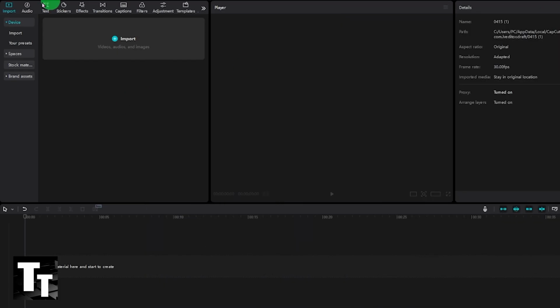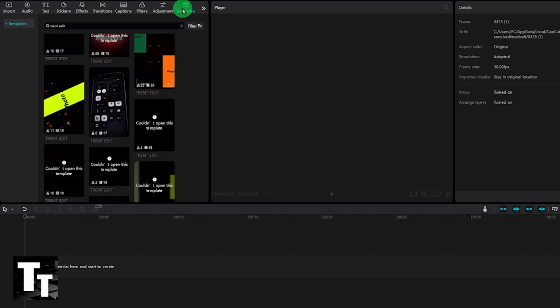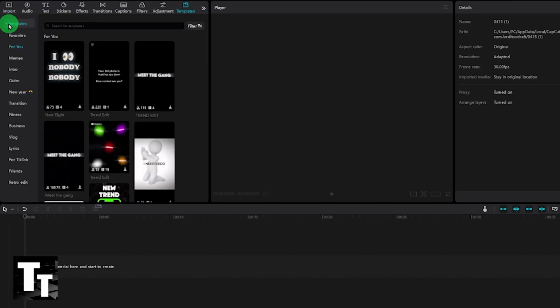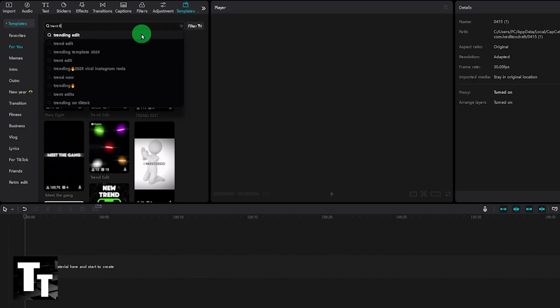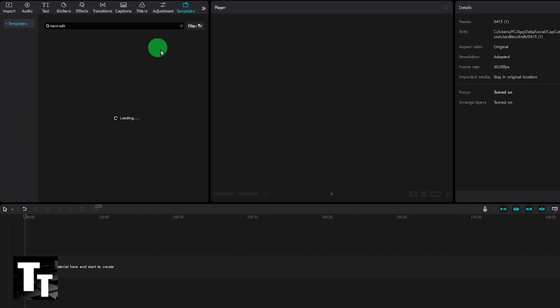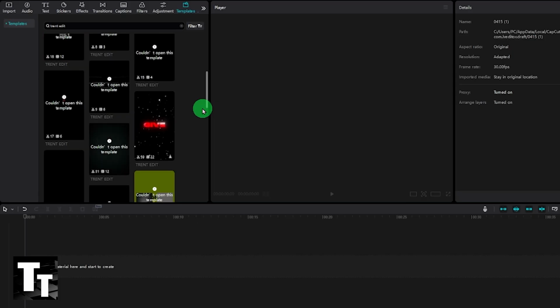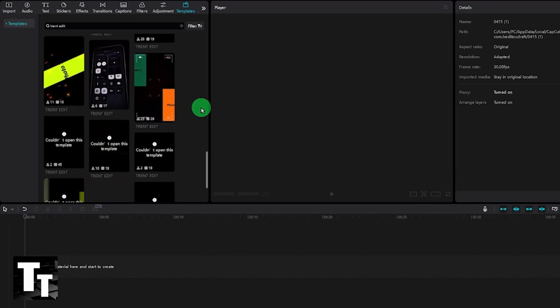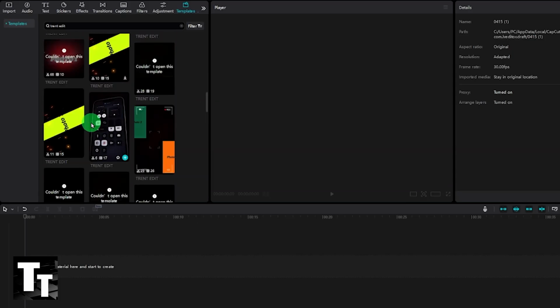Step number 1, go to the top left hand screen and click on templates. Underneath here, click the drop down arrow and go to the For You page, and under the search bar type in Trent space edit, and then scroll down. You want to see the option of a phone, and then you want to hover over it, click, and go